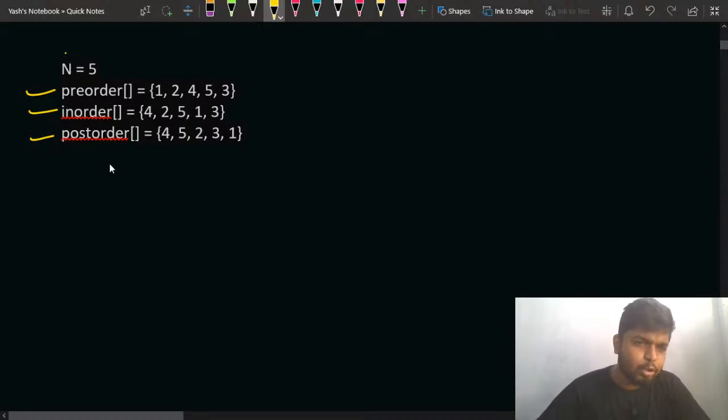So what you have to do is, you have been given these three traversals, and so what is in-order traversal? Can someone tell me, like, what is the in-order traversal? What is the in-order traversal of a tree? In-order traversal